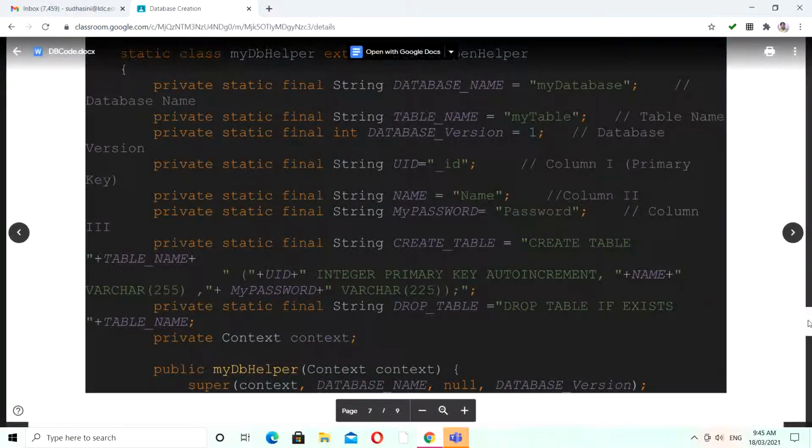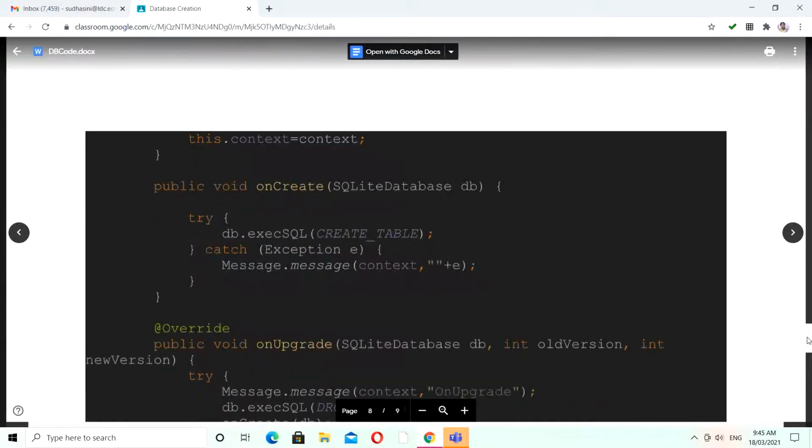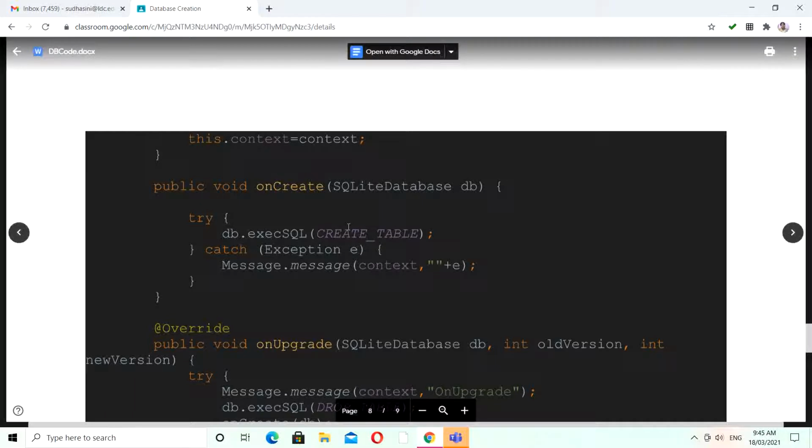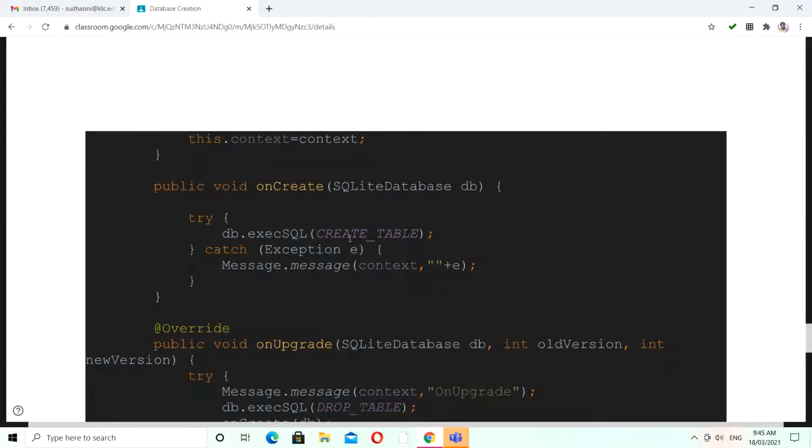So what we have to do is, within your onCreate method, db.execSQL, execute this create table query. To execute this create table query, we need the db.execSQL method, and within it we have to pass this query.